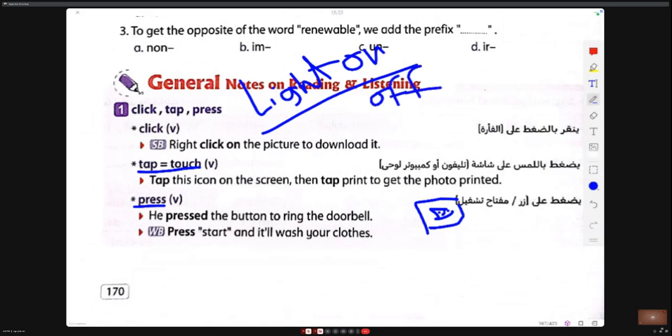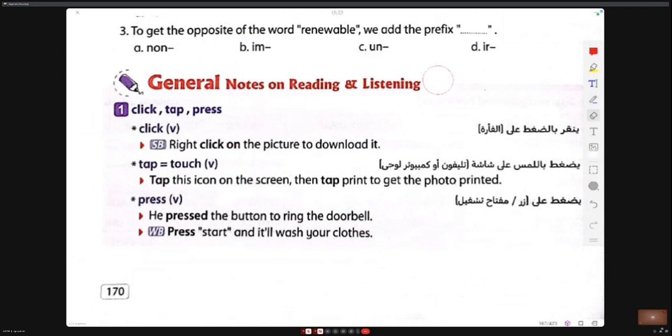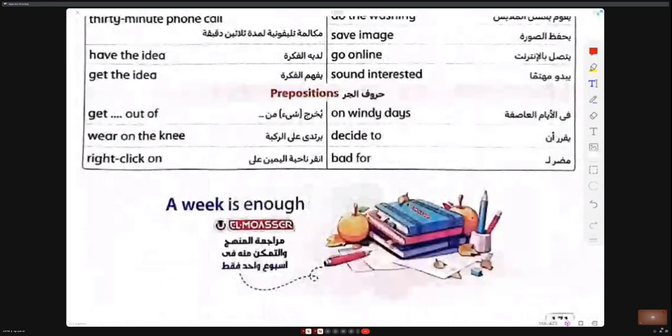So press the button to start or to stop something. So press start and it will wash your clothes. Here, press the button to ring the bell. So click, tap for the screen.